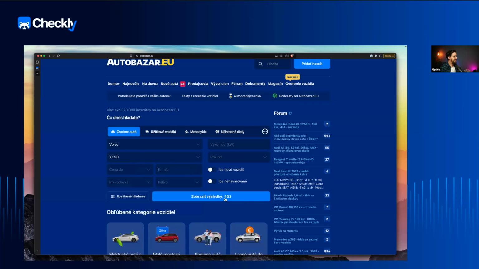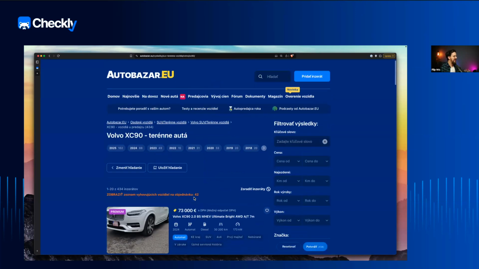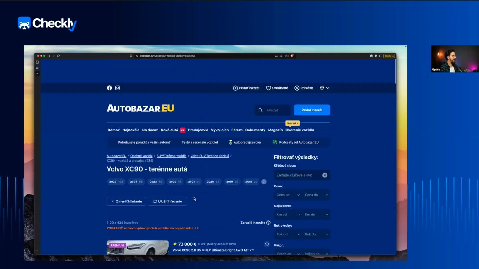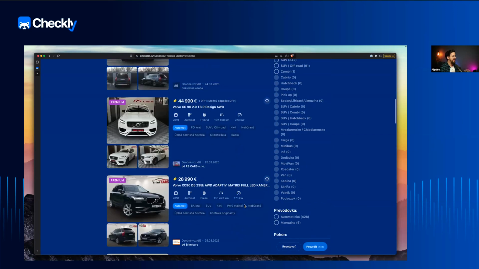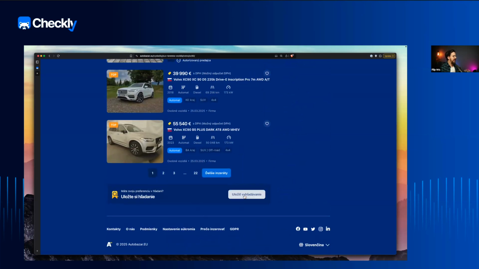So when I click here, by the way, it's all in Slovak, so you probably don't understand. But this is the big button that shows you the results. And when I look at the results, I obviously have so many results to pick from, and I can narrow down my search. And there is a way to get an email notification. Where is it? Yeah, I can get an email notification if there's an interesting listing